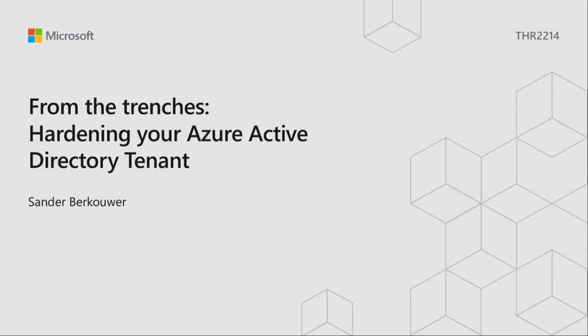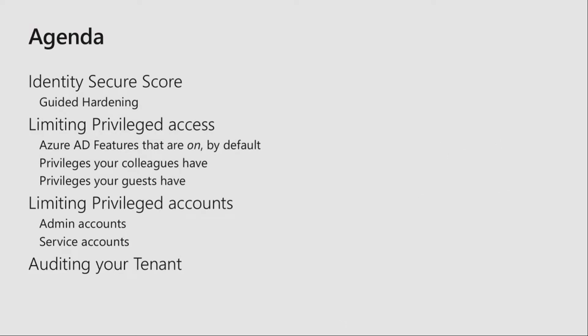And it's fast-paced. I've got 4 topics that I use as a structure. So we're going to talk about the secure score for identity, which is a new feature in Azure Active Directory since today. And it's in preview. It's about limiting privileged access because I feel that every default Azure AD tenant has got some access for non-privileged users. That is actually some kind of privilege that you might want to limit